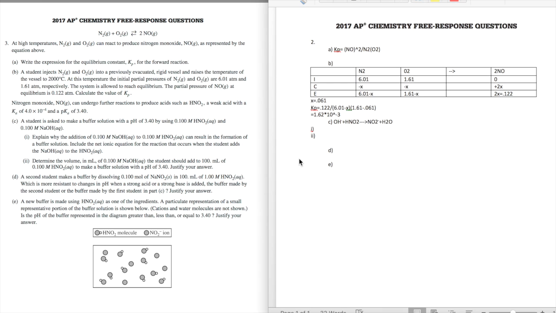So we'll have similar amounts. That creates a buffer solution where there's no really large change in pH because you have the conjugate base and the weak acid. So let's write this down. Since the NaOH is a limiting reactant,